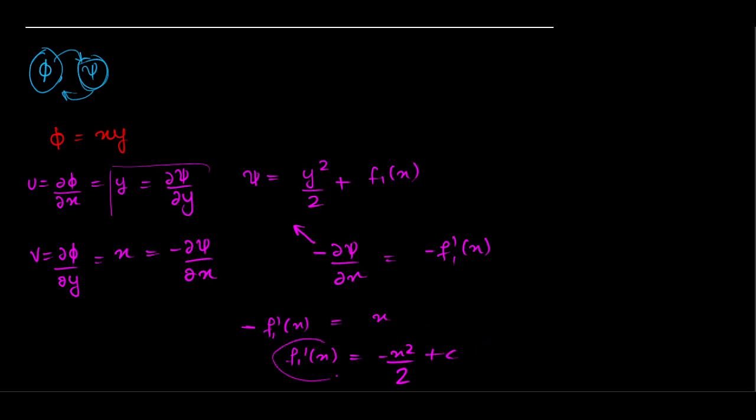So simply substituting this f1, not f1 dash, into this equation, we finally get the stream function as y square by 2 minus x square by 2 plus some constant. So this is what we have. Now if you want to find the velocity of the fluid particles at each point, you just need to take the curl of this, and you'll get of course a vector equation. That's pretty cool. You can then plot it in a graph to get the flow field. So that's what we just saw, and that's all for now.